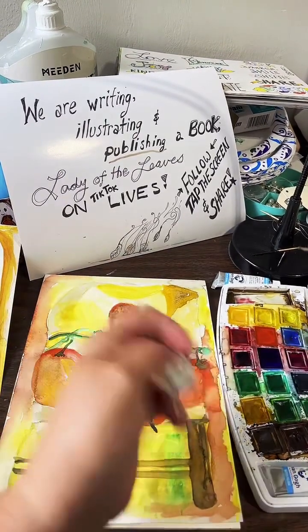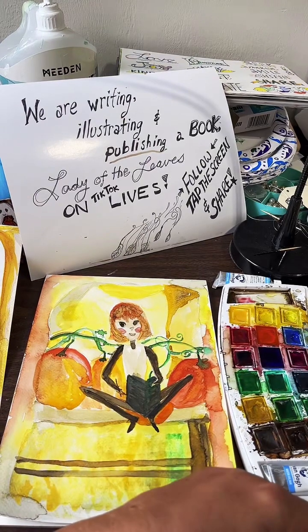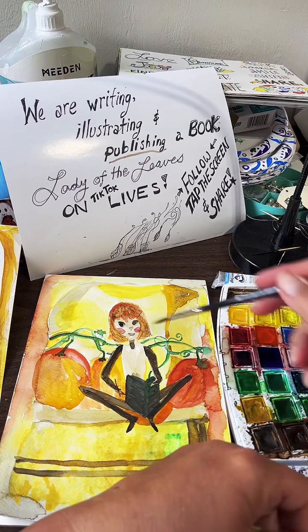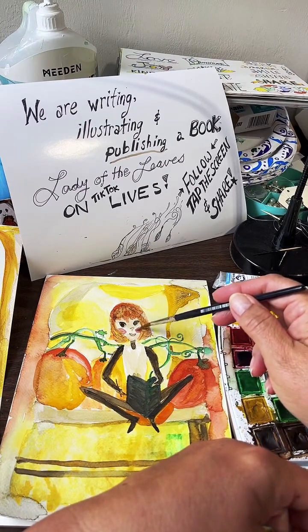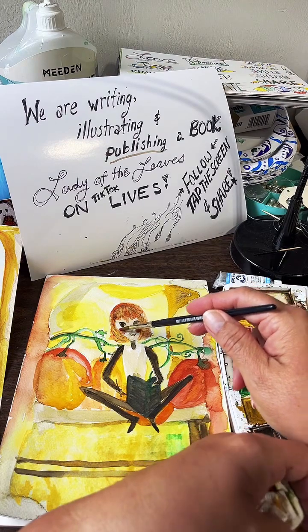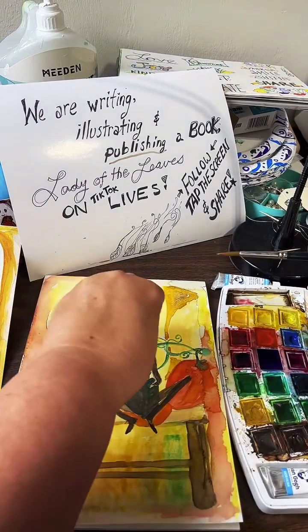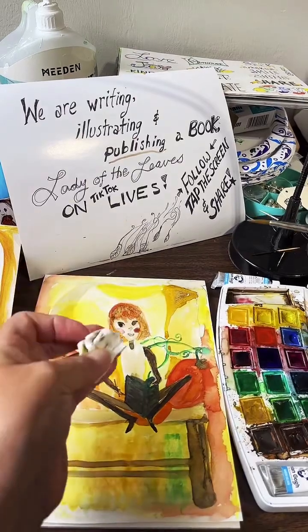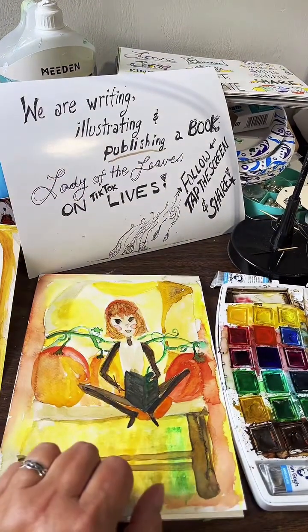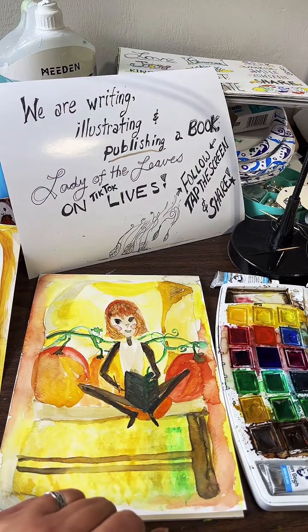And I have a lot of pigment in there. I can soften it up by touching it with water. That's darker water. And touching it with a little bit of water will help lift, see? Help lift the pigment up. That's perfect. Okay, now,